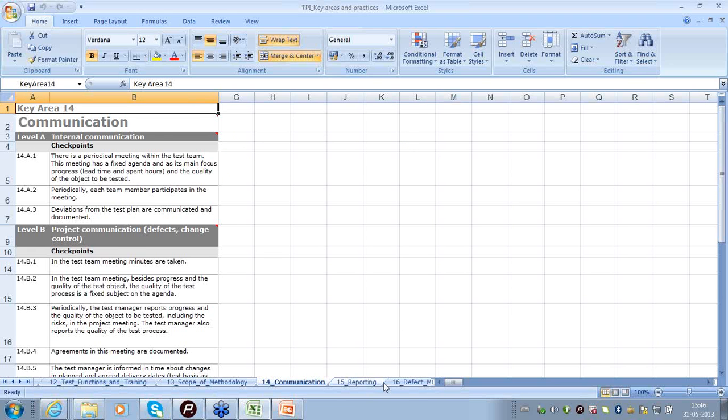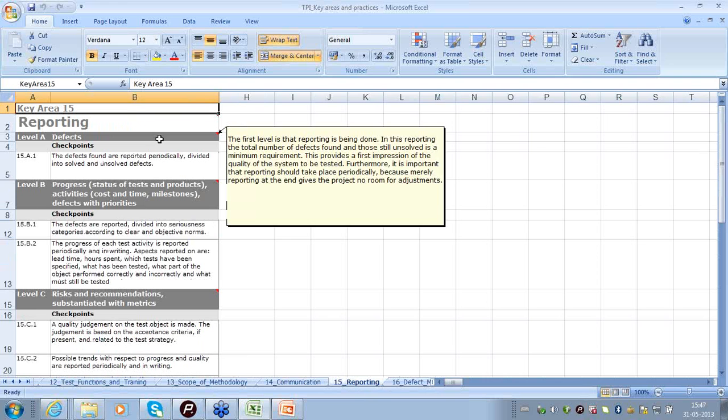The next key area is about reporting. Here the model says that test reporting is extremely important, and it is so important that it is even more of a critical activity than actual testing itself or actually finding out the defects. So the test reporting is considered very important because it means a lot for the development team, the project manager, the customer, the users, the suppliers and other stakeholders.